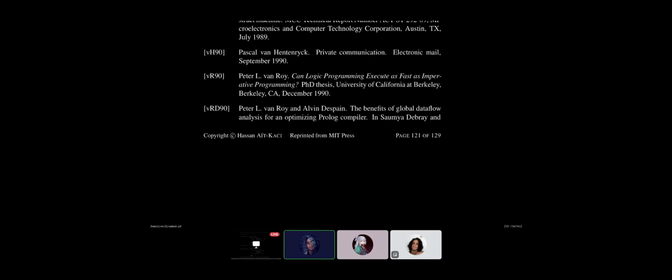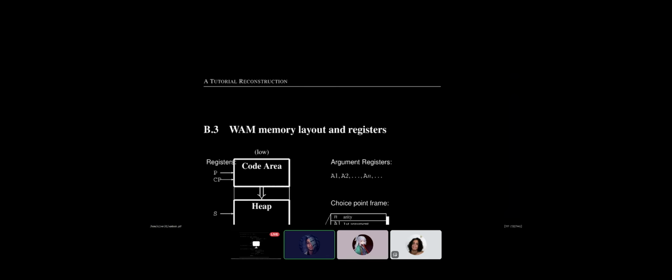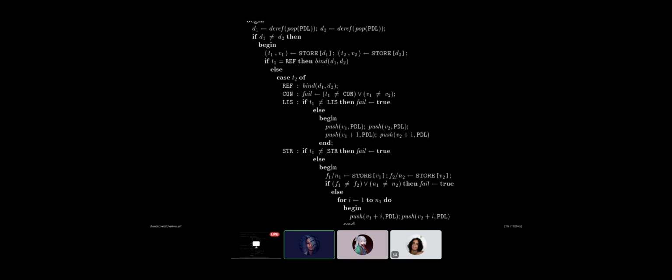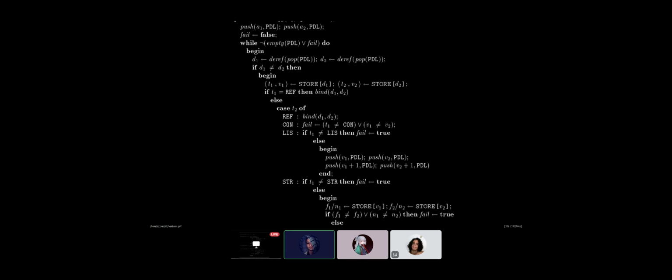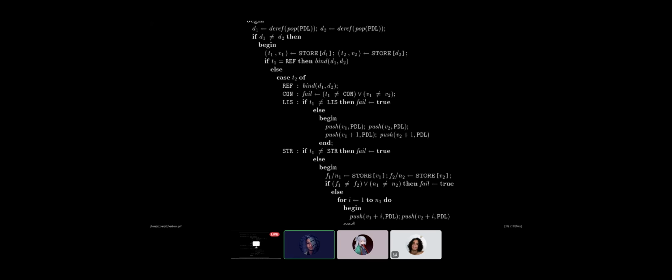Man, can't you just type 131? Yeah, there we go. So there it is. It's a one-liner, in fact. If D1 is different from D2, okay, but this is doing derefs on the PDL. Just keep going. There you go. It's the case where T is true. We are only doing the reference and the structure case right now. If T1 is a reference, we bind. If T1 is not a reference and T2 is a constant, then we do this thing.